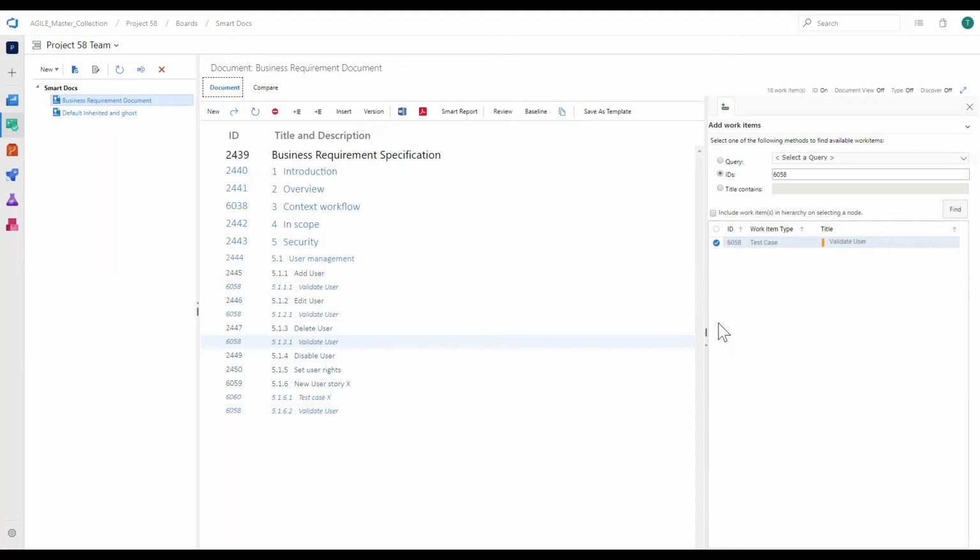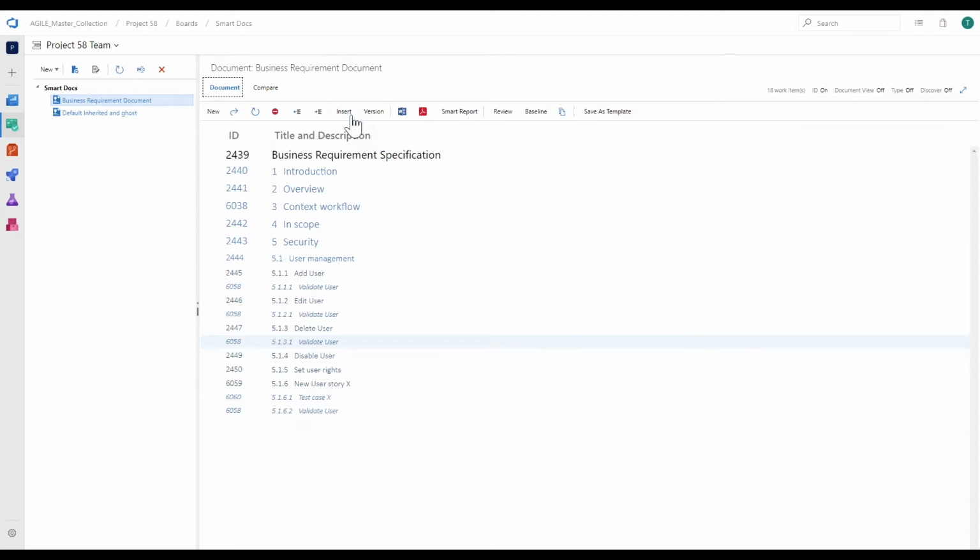Right. Now you can also bring hierarchies here. You can bring a whole tree of work items and drag and drop it and bring that in. All right. We'll come back to insert later on. All right. So,